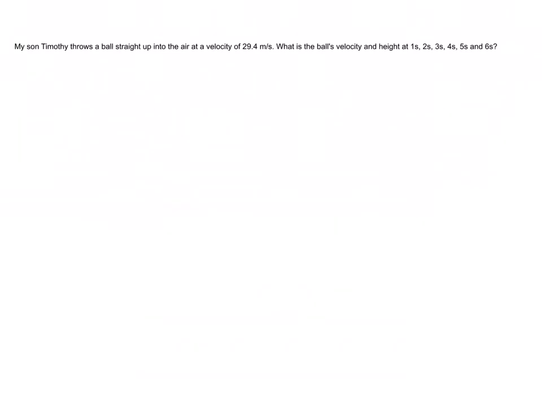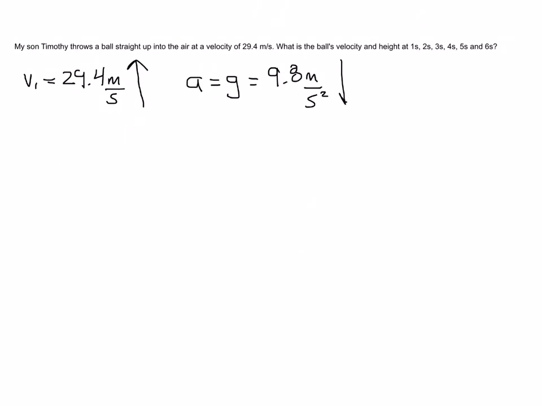The first thing we know is that the initial velocity is equal to 29.4 meters per second, and that is going up. Now we also know that the acceleration, which is equal to gravity, equals 9.8 meters per second squared, and that is going down. So I'm going to choose up as positive